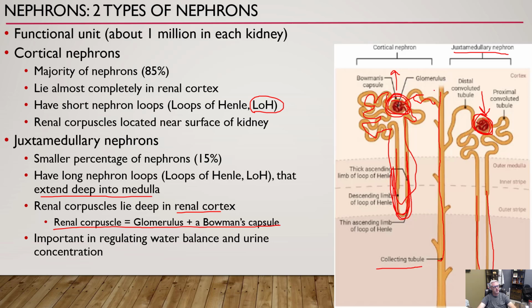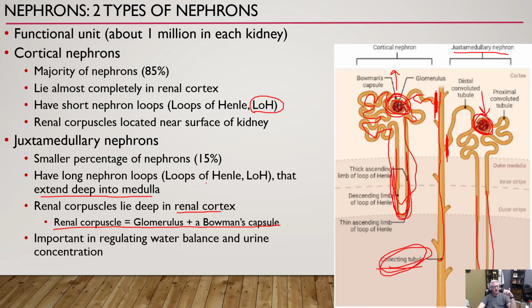Now, I will say that the nephron actually ends here. So this collecting tubule or collecting duct is actually not part of the nephron. It's not anatomically linked to the nephron itself, but